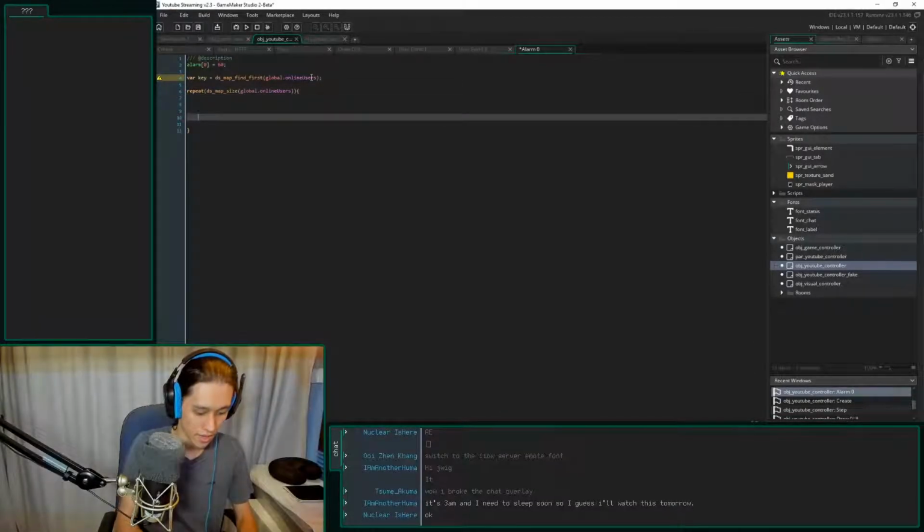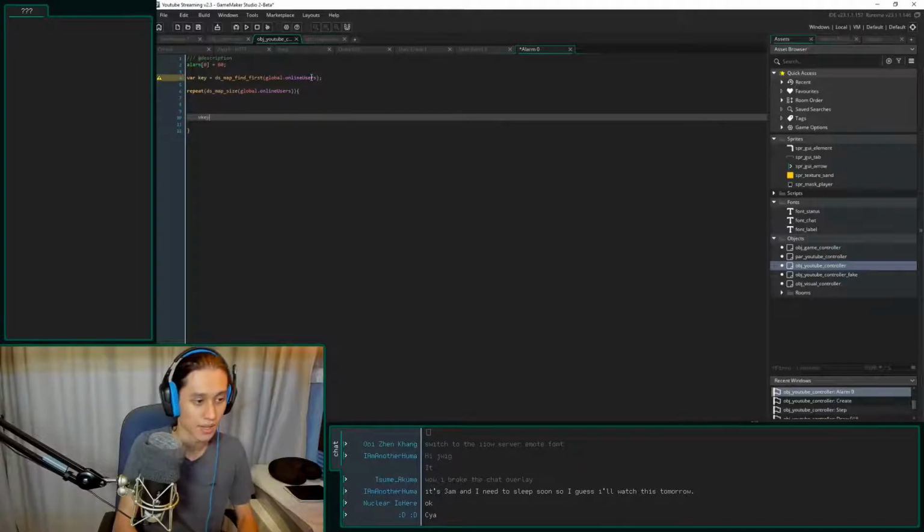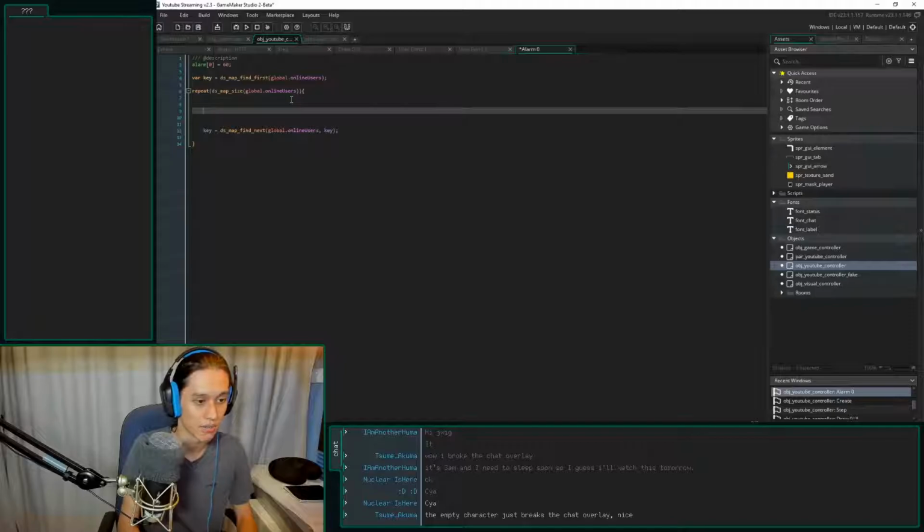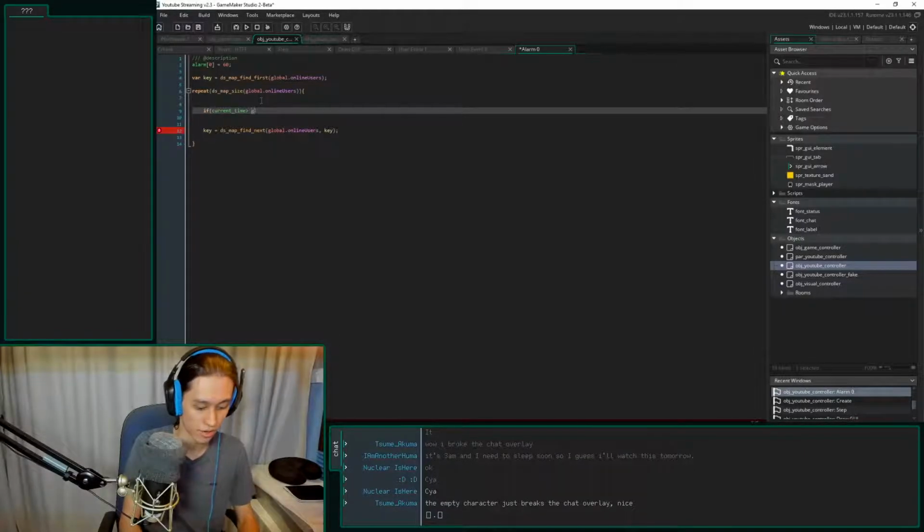And at the end, we reset the key: key equals ds_map_find_next with global.online_users, and we supply its current key. And that means I can use the key as many times as I need to. What am I doing with the key? That's right. If current time is greater than global.online_users...